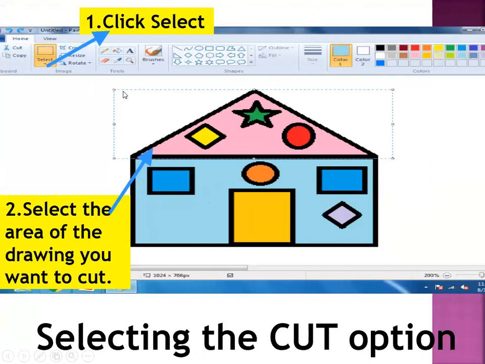If you want to cut this area, you will select this area. When you select this area, it will be highlighted with a rectangular shape.